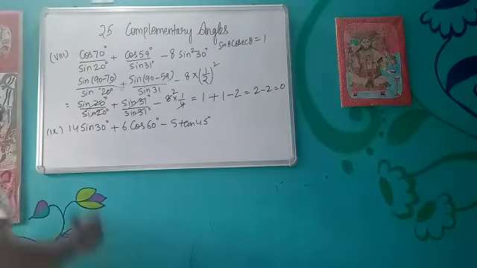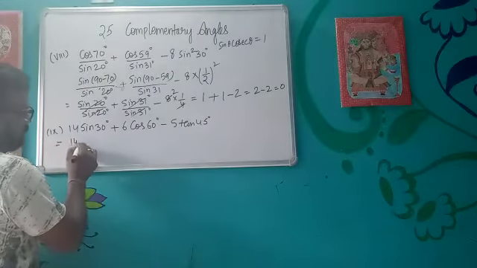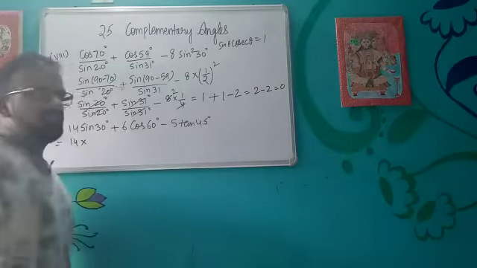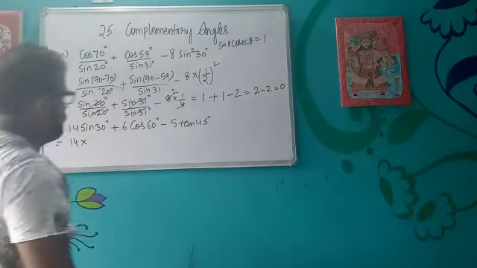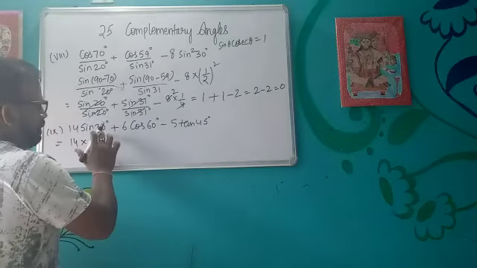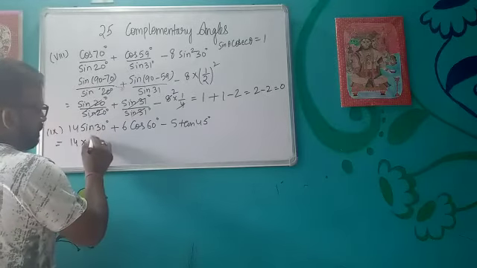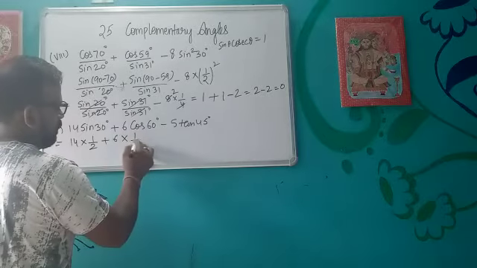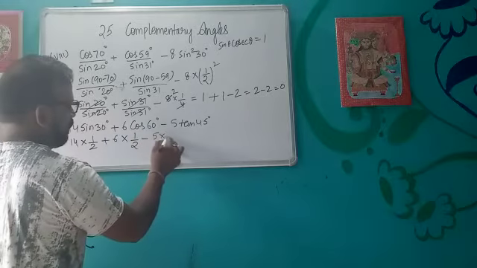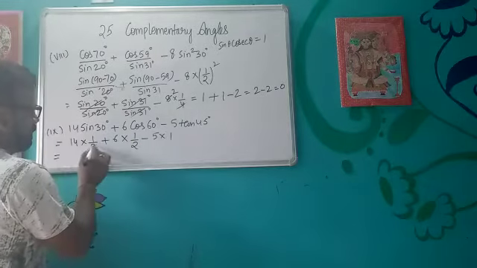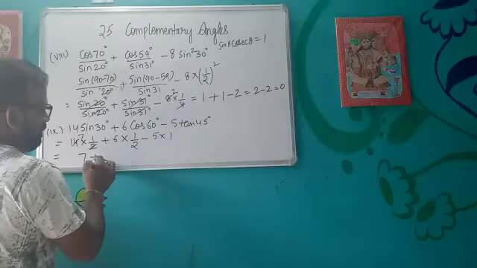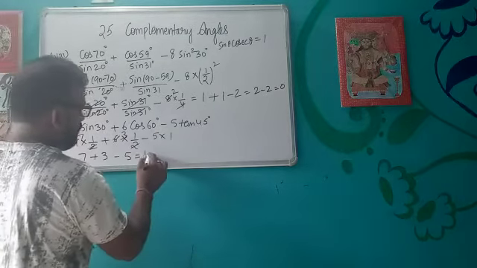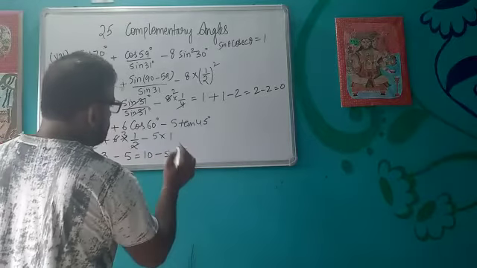Okay. Then in this type of question, all the angles given are standard trigonometric angles. So you need not replace anything. You simply put the values. It becomes 1 by 2. Again it becomes 1 by 2. And what is tan 45? 1. So it is 7 plus 3 minus 5. 10 minus 5 is equal to 5.